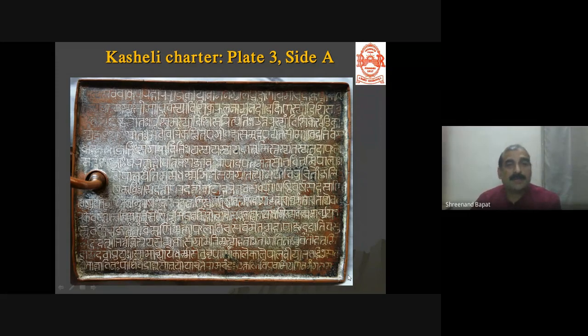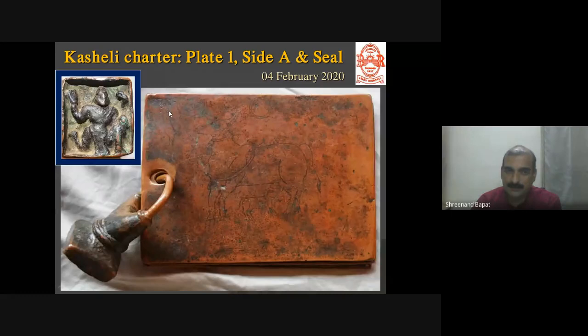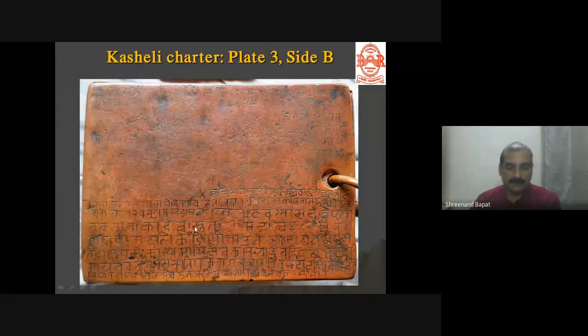Now, the Kasheli plates are also important because this first plate had the word Devuprada inscribed here, and you see a cow and a calf and sun and moon that are actually inscribed, but these are not the parts of this particular inscription. They perhaps are the parts of this inscription, which is an inscription by Ramanasa Mandalika and Zakhana Mandalika. This inscription is in Marathi and in Devanagari of that particular period. And this inscription dates